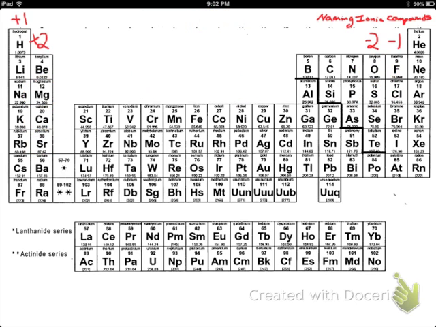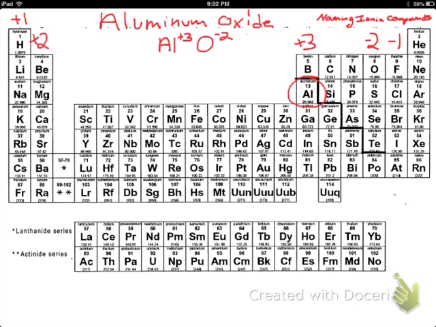Let's try one that's a little trickier, aluminum oxide. Now we know that the aluminum, being in the boron group, is going to have a +3 charge on it. So I'll go ahead and write that. The oxygen, we know, has a -2 charge on it. The question is, how many of each do we need so that we end up with equal numbers of positive